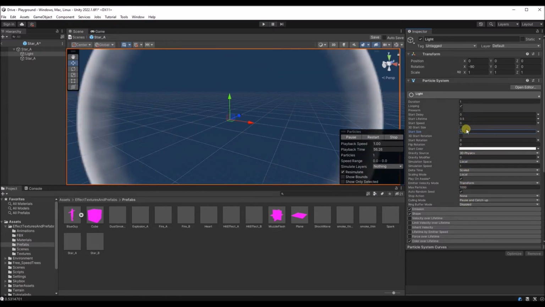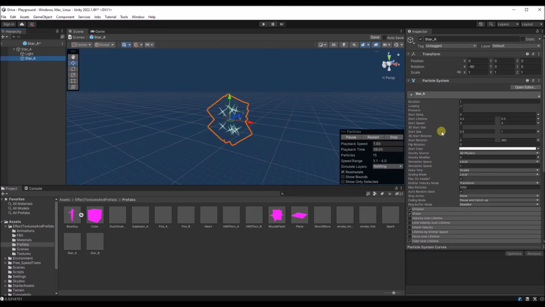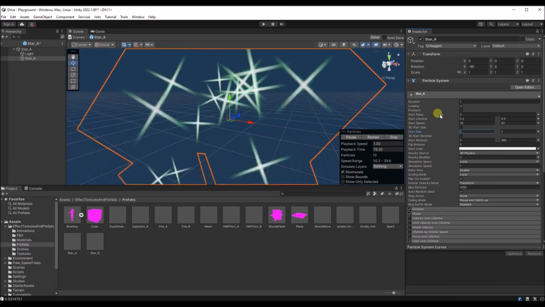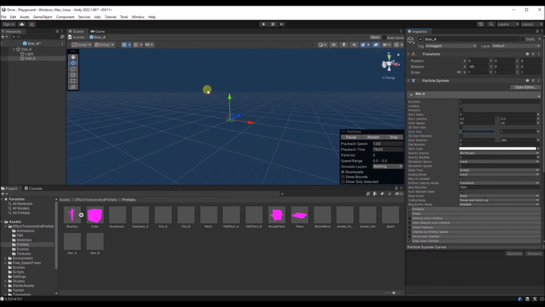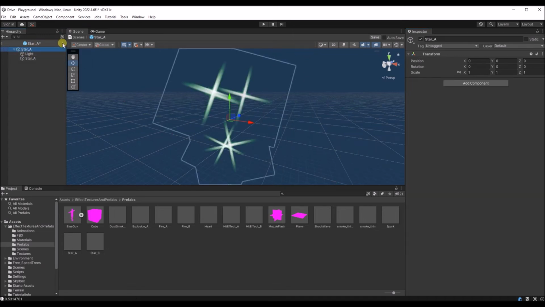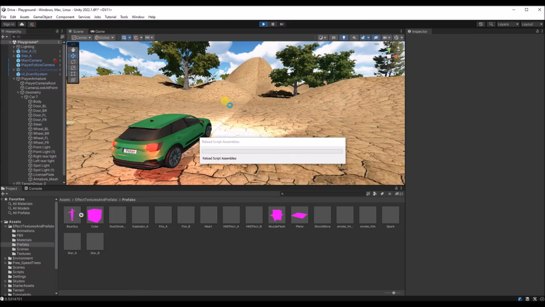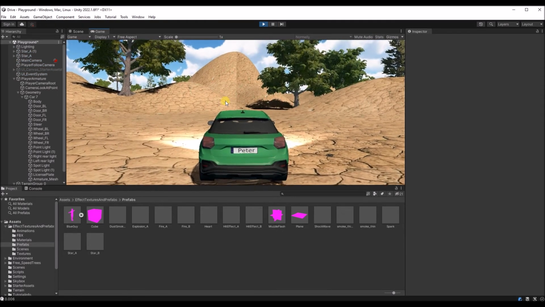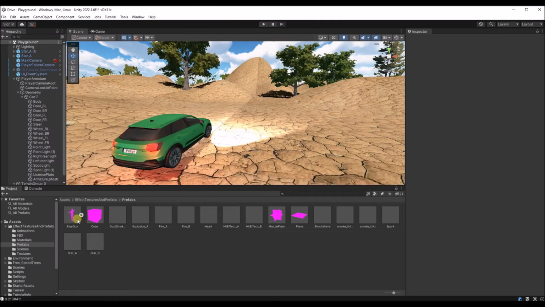We need to change some values here as well. So I think this should also be 10 times bigger. Okay, let's see how this works out. Okay, that's better. So, and now we go to